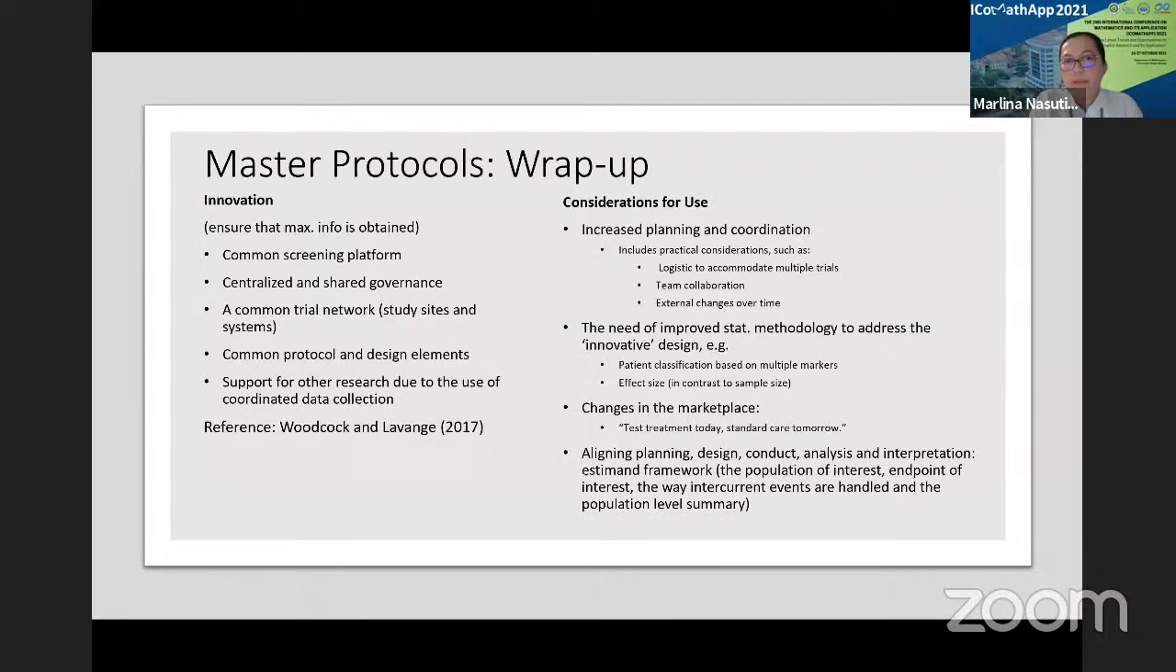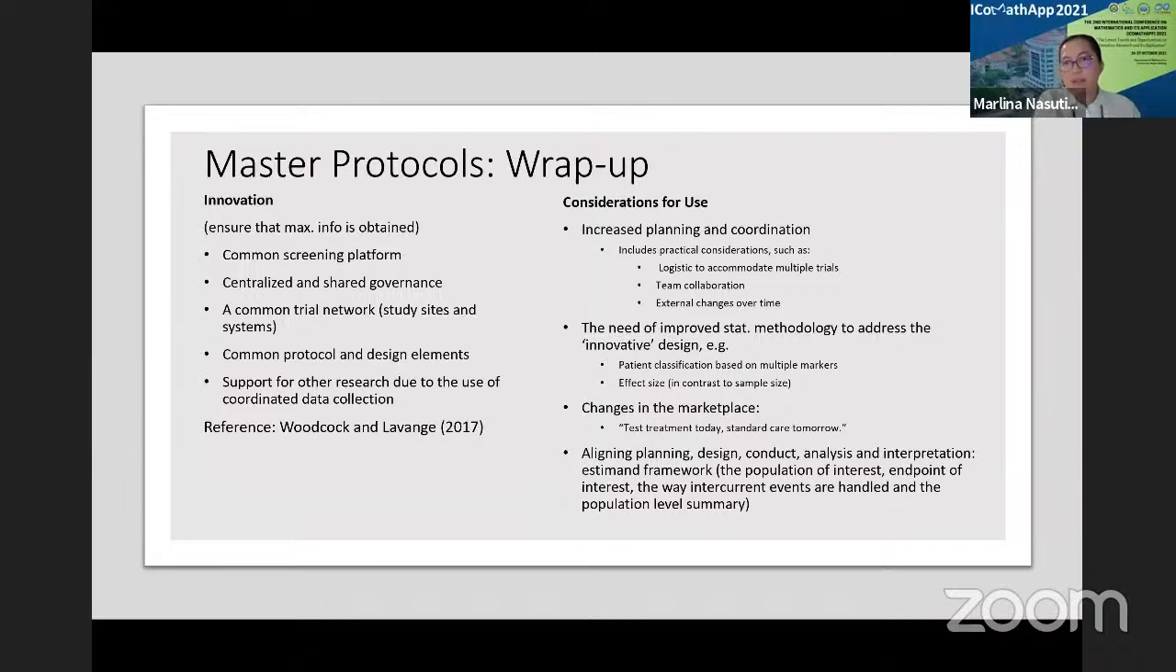So as a wrap up here, you can see the innovation part of master protocols. It's very promising, using a common screening platform, right? I mean, the screening criteria is basically common across the sub-studies. So it means that we gain efficiency. We don't have to start from scratch